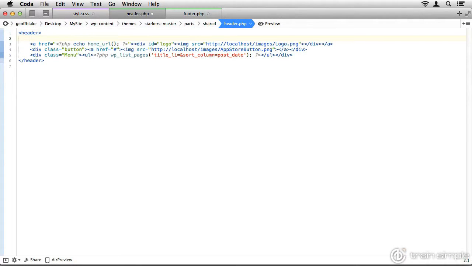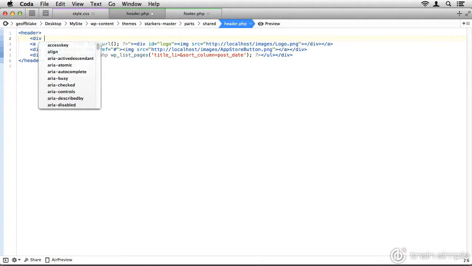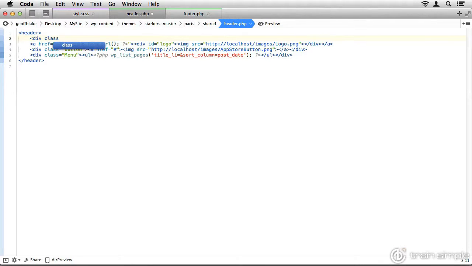Open angle bracket div, and I'm going to apply a class called container. So class equals, and then in quotes, container. Closing quote, closing angle bracket like so. Then I'm going to close this div just before the header element closes. Something like this.